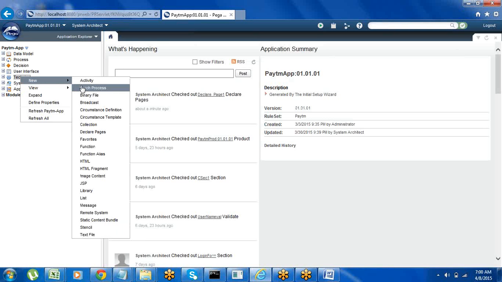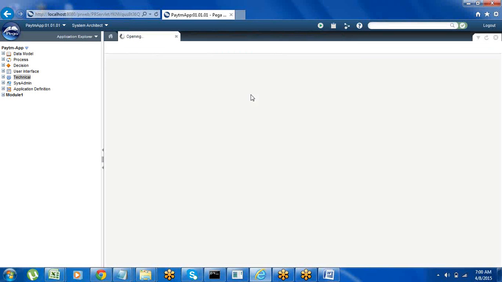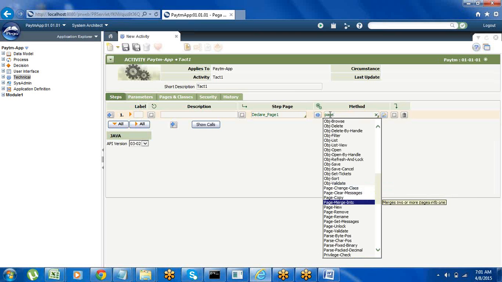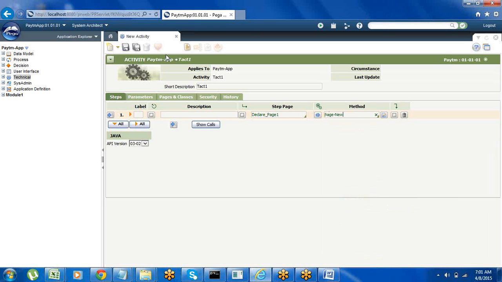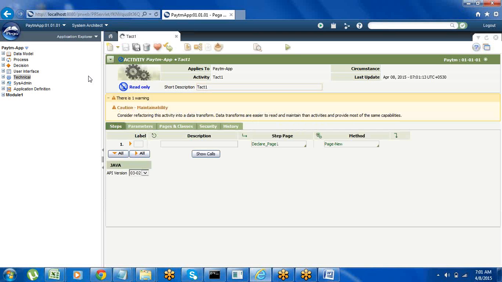I'm creating some test activity to show that we can access the declared pages from any activity.